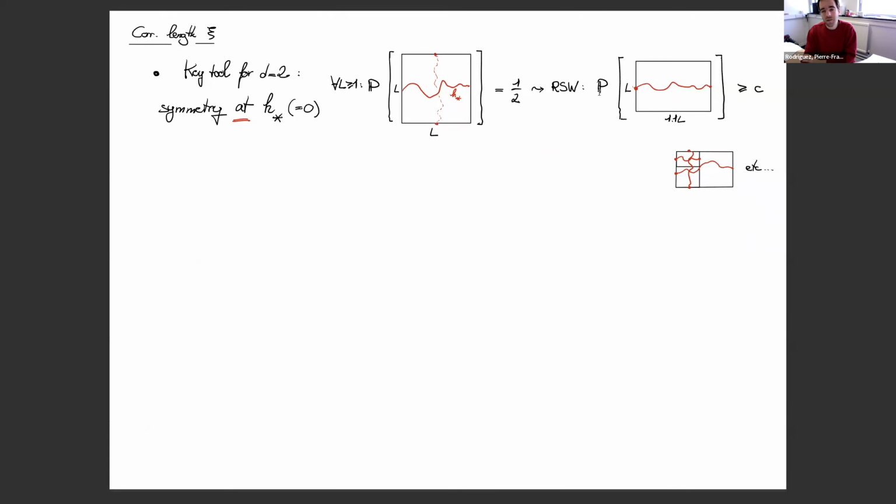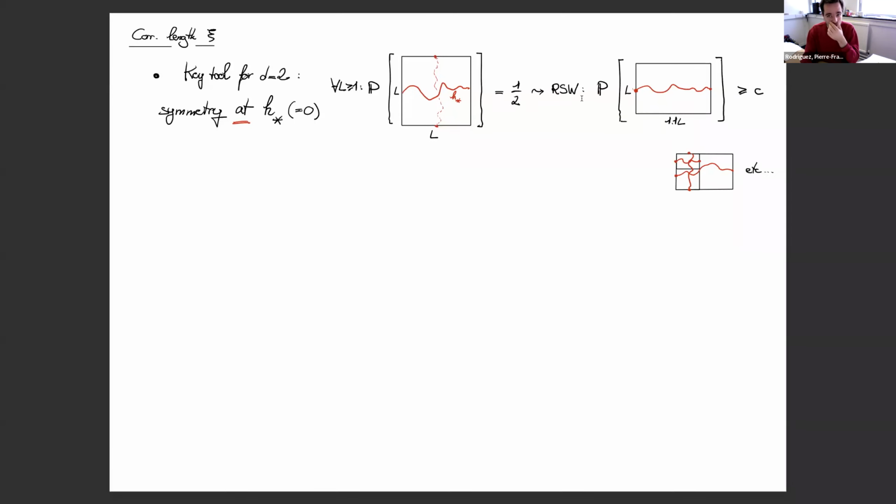And then there is a sort of uniqueness tool, which is called the Russo-Seymour-Welsh estimate, which tells you that not only do you see crossing of a square with a sizable probability, but you can also cross a rectangle of any aspect ratio. So this gives you the existence of big things, and this is a sort of uniqueness statement, because once you can cross a rectangle, then you can start building with good probability the sorts of pictures that I drew down here,